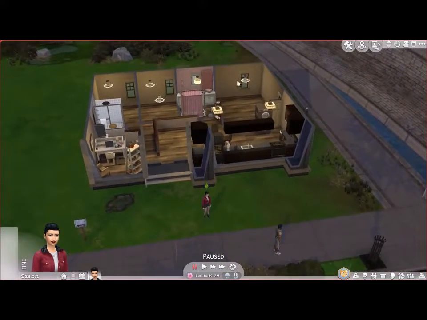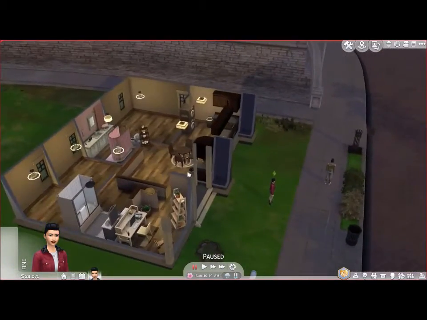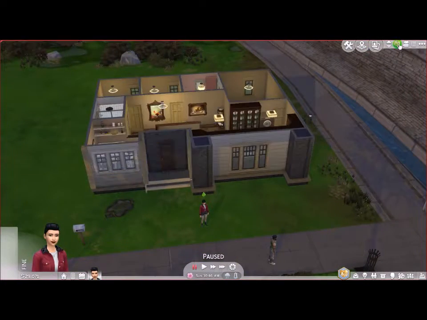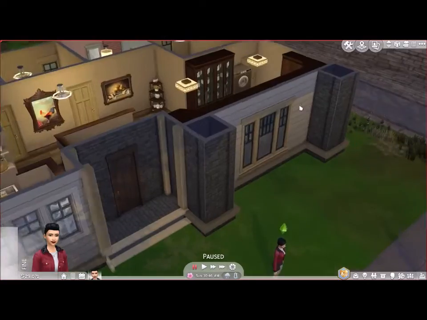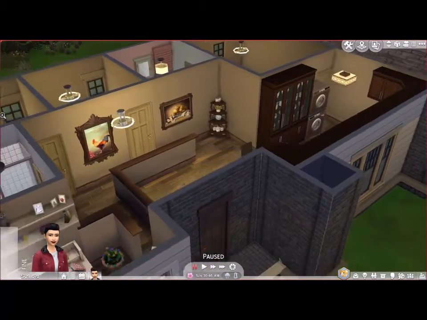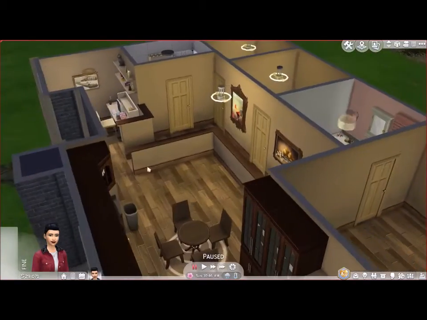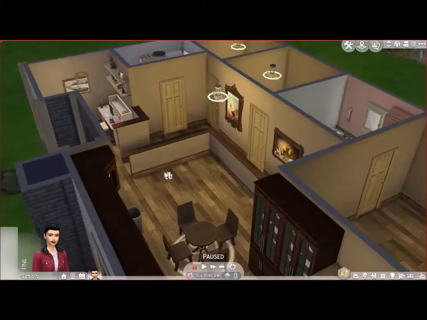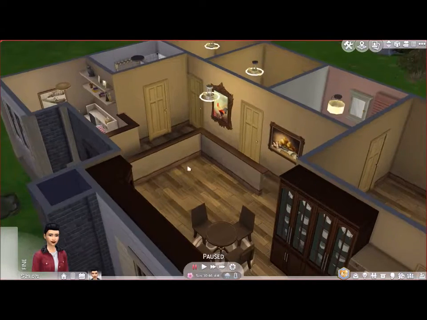We will finish decorating the inside of the house, hopefully, and then we will move on to hopefully landscaping. Maybe I'll get all that done today. Maybe I'm being a little too optimistic. We will see. I'm going to start with the living room area right here. As you can see, a couple episodes back, I built this